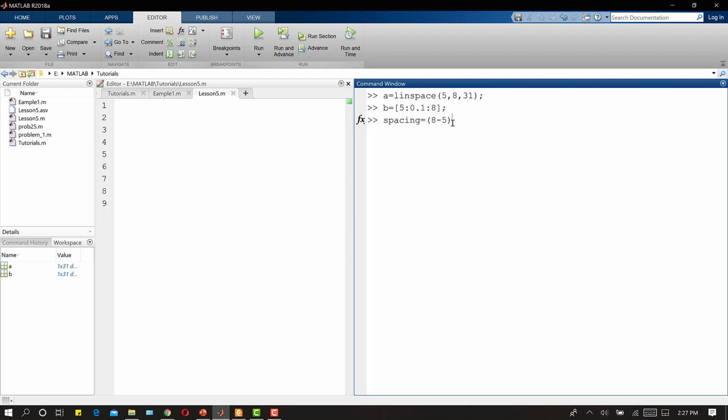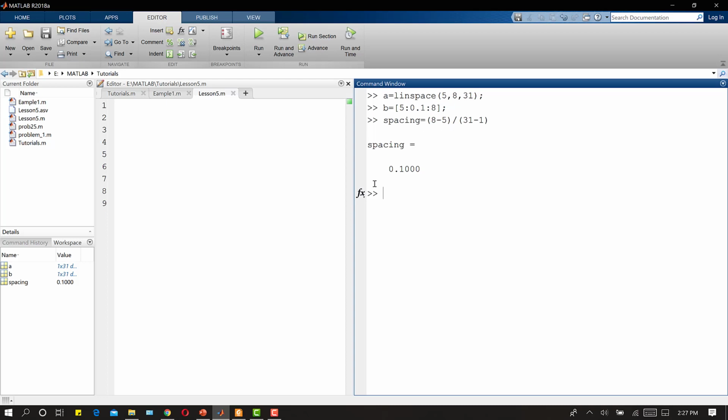So 8 minus 5 divided by the number of elements but 1 less, so 0.1. In this case, MATLAB calculates the linear spacing between 5 and 8 for 31 elements using this method.